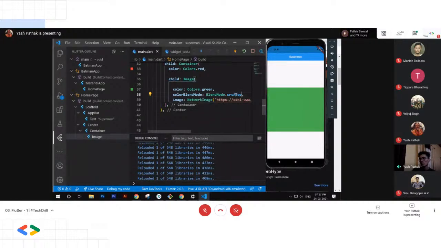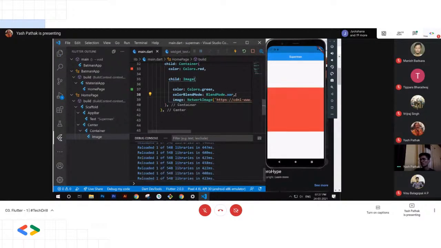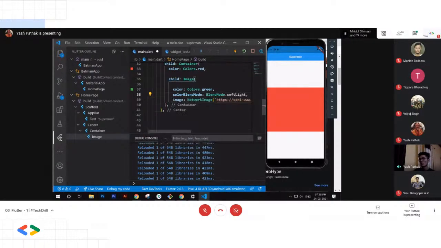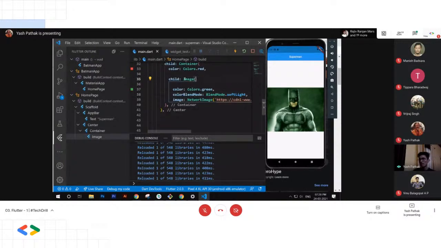So what it did is it created a layer and put it at the top, right? Let's do this XOR. Again, it's going to take the complement color, soft light. So likewise, there are multiple filters you can go with, and this all exists inside an image widget,